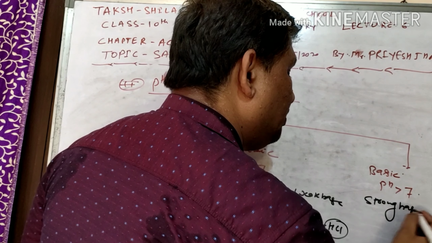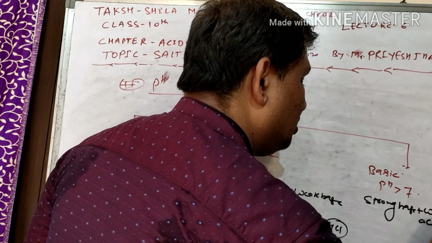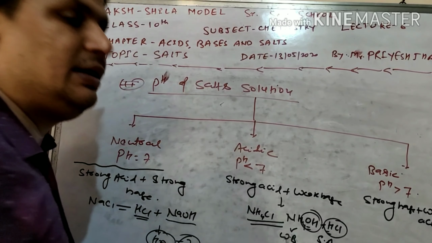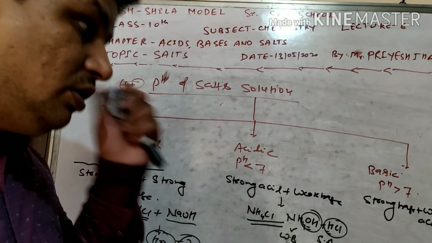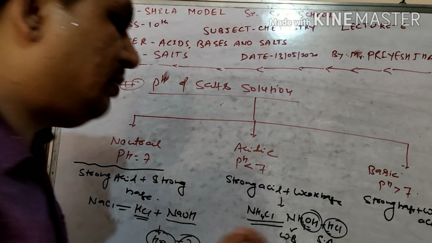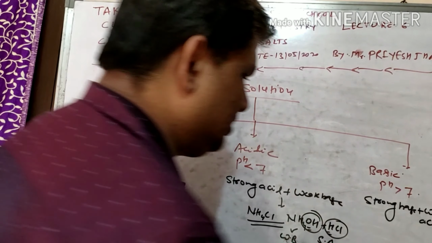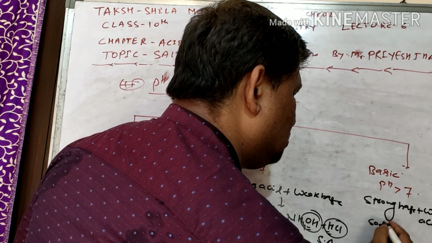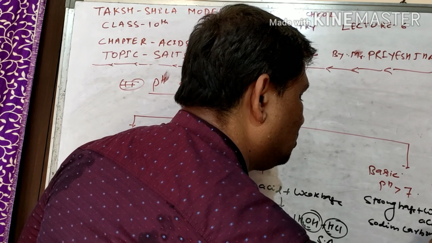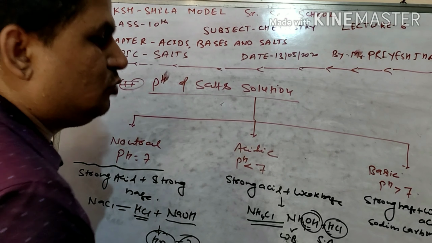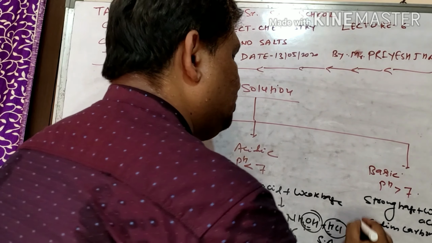Basics are generally formed when a strong base plus weak acids are combined. ये जनरली कब होता है? जब strong base और weak acid combine होते हैं. For example, sodium carbonate, having chemical formula, इसको मैं ऊपर लिख रहा हूं, this part